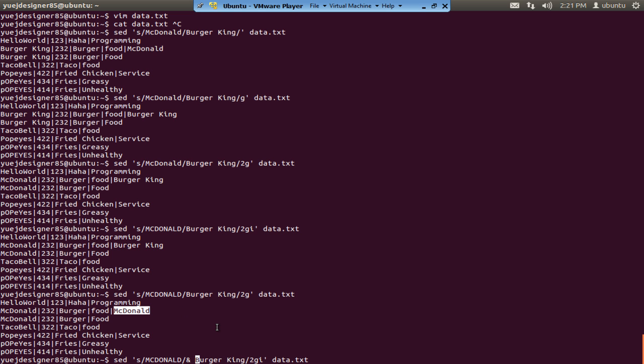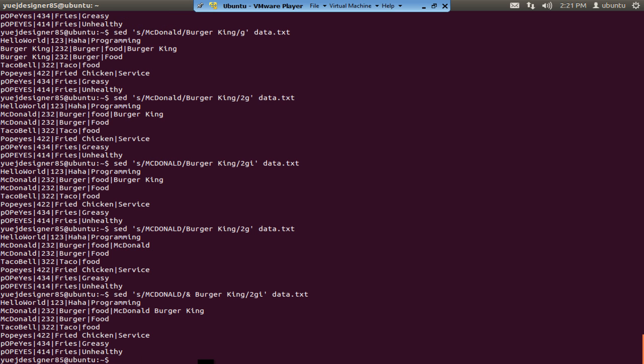Basically you want to display whatever you just found. You want to get that value. The ampersand does that. The ampersand represents whatever you were looking for. So if you put it in the replacement, you'll put in whatever you're looking for in there. So if I press enter right now, you see